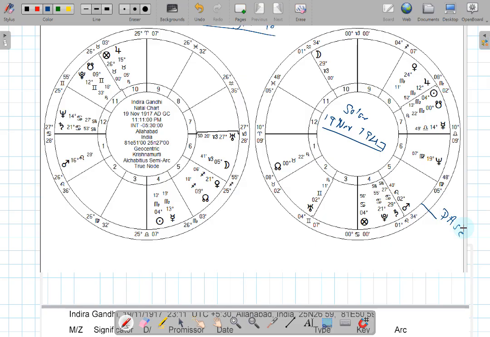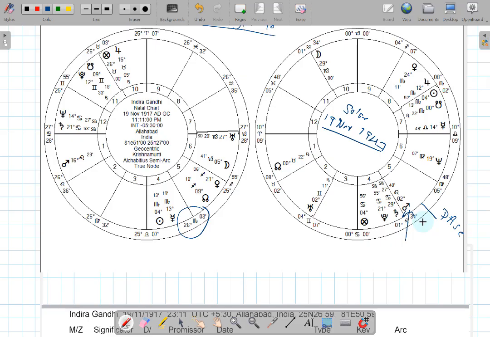Right? Now again, the ascendant is directed to the terms of Mars. Now look at Mars. Mars is the natal 5th lord, because the 5th house cusp is Scorpio. And Mars is also present in the 5th house of the revolution chart. So look at the influence on the 5th house. You have the ascendant directed to the terms of Mars. The directed ascendant falls in the 5th house of the revolution chart. Mars happens to be the lord of the 5th house in the natal chart, and is also placed in the 5th house of the revolution chart.